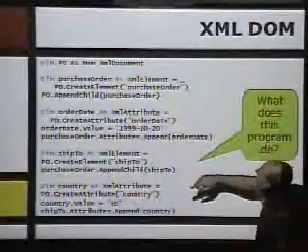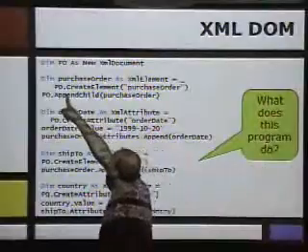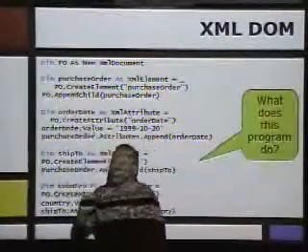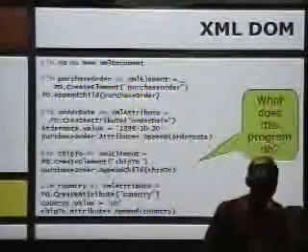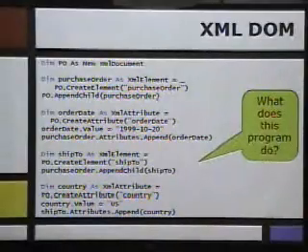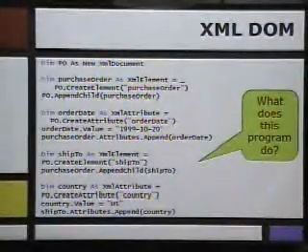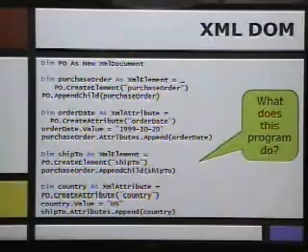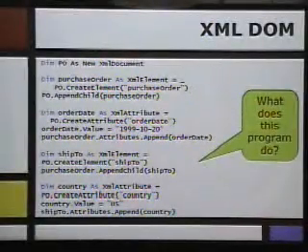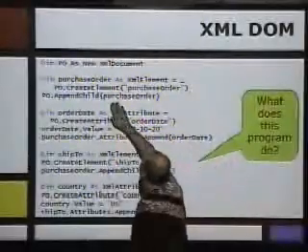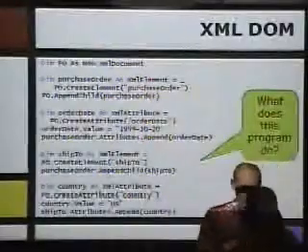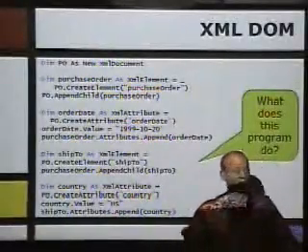Another thing that you see in the DOM is that you cannot create elements by themselves. You have to always create them in the context of a document. So this is really weird. The DOM should be about XML, where XML should be first class, right? I should be able to take an XML value, pass it to you, you should be able to do something with it, pass it to somebody else. But in the DOM, it's not a first class citizen, because XML can only live in a document. And if I want to take it out of a document, now bad things happen.